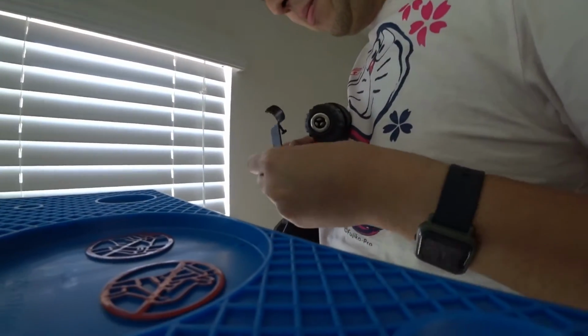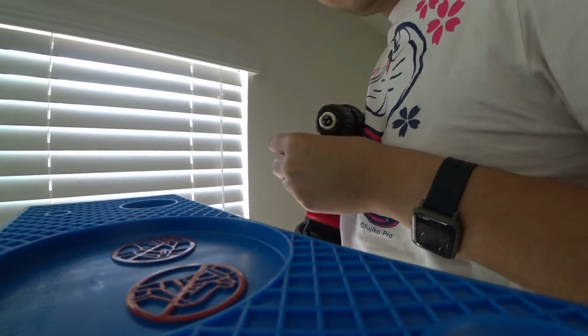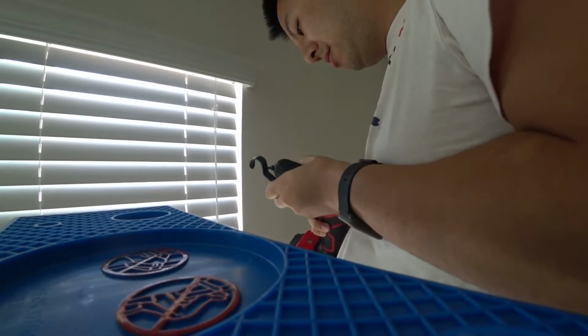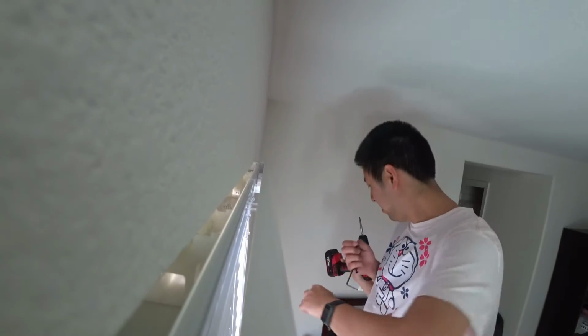Feel the penis. 没有那个 drill head 啦。什么 drill head？你 drill head 在这里啊。